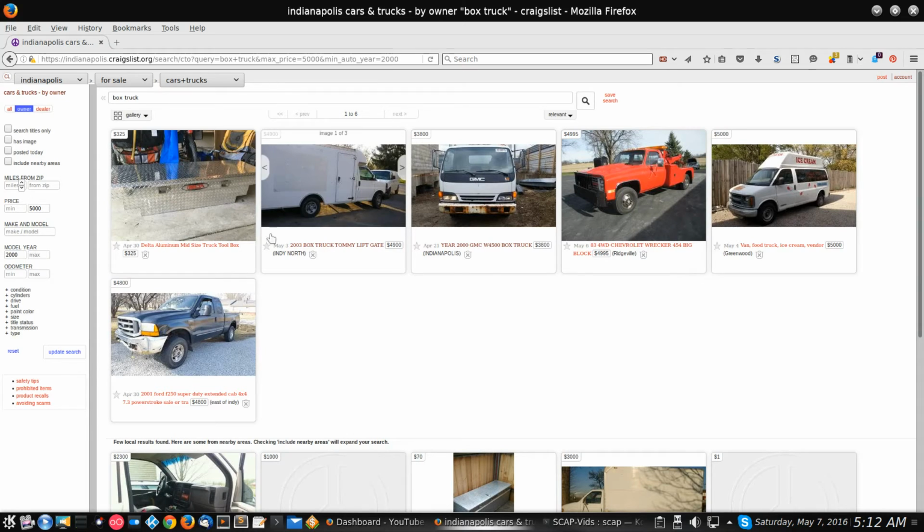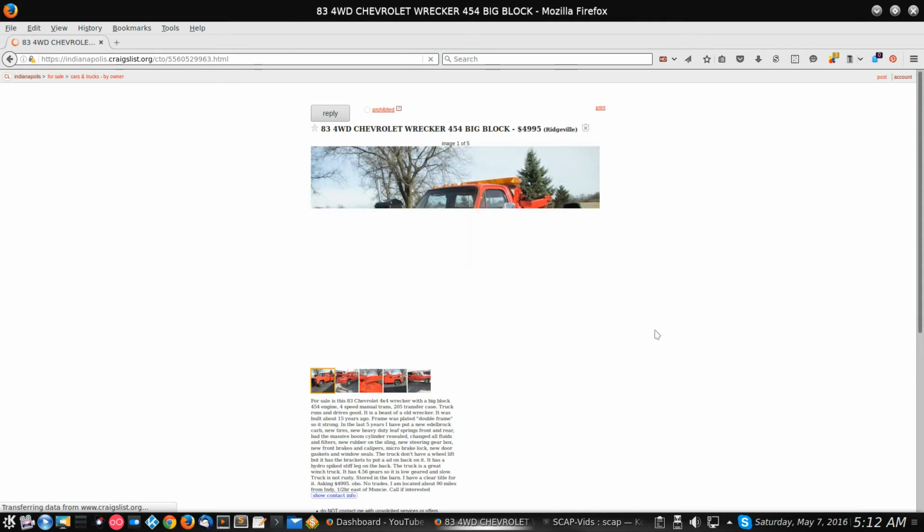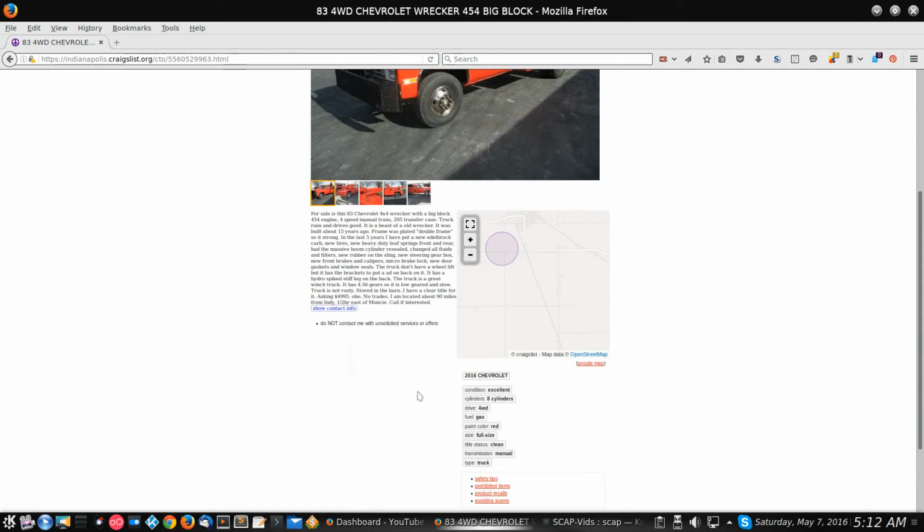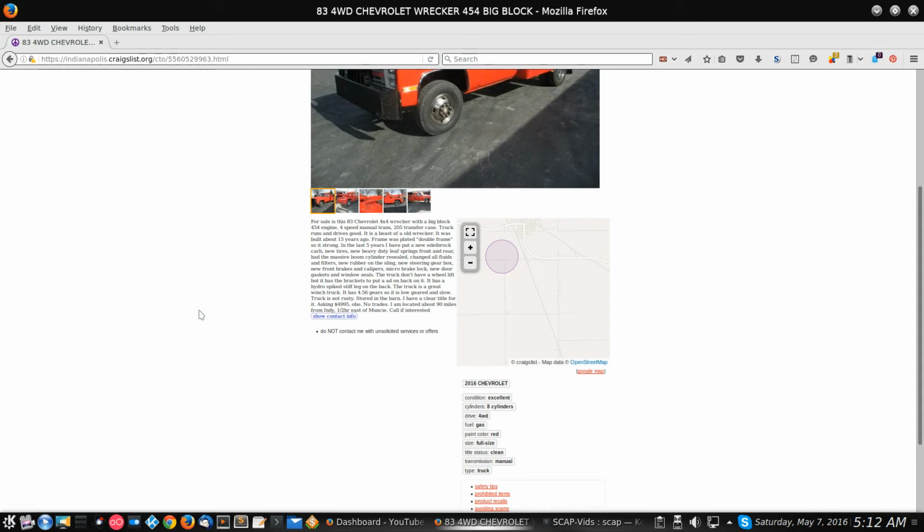But when I type that in, see, it filters everything out. Nothing theoretically older than 2000 should show up. Now this one did. This is an '83. But what's funny is, click on it and go down here. They've probably got it listed as newer. Yeah, they wrote in 2016. What idiots. That's freaking stupid.